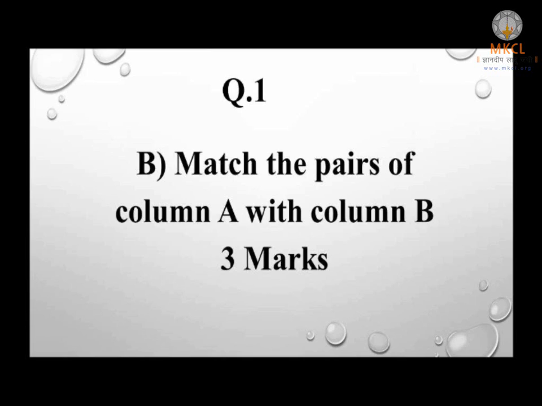You're going to draw a box, then name the columns on the top as A and B. Column A items are 3. They do not change. So write one item, leave a line, write second item, leave a line, write third item, leave a line. Now on the opposite side, suppose first item in column A is H.M. Stanley. From the given options, what is the correct option? The continent. Second option is Jomo Kenyatta. So what is the correct option? Choose it and write it in B side, Kenya. What is the third column? Leopold II. So the correct answer to it is King of Belgium.